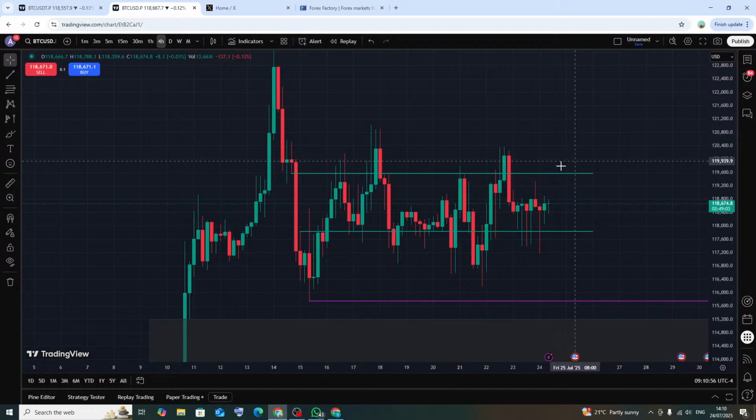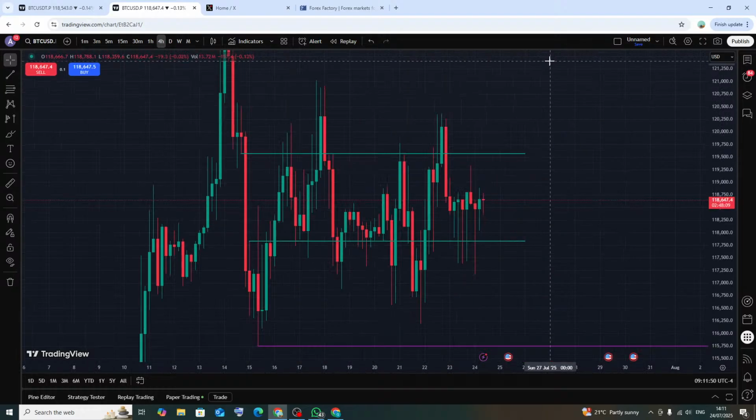So I'm leaning more toward bullish right now at the moment for today's price action. It could be going all the way to 120k from here. This is 50% of the range as well, for the 4 hour time frame fair value gap where we're trading right now. And yeah,